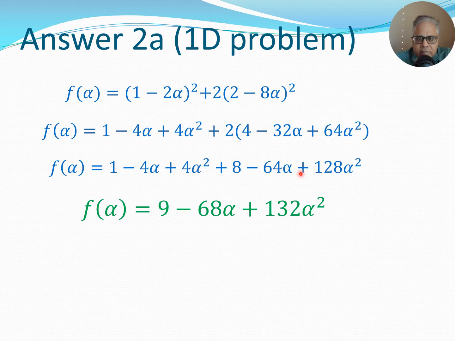I multiply this part by 2, I get this here, and then I add, for example, 8 plus 1 gives me 9, then I have 64 and 4, this gives me 68, and I have 128 and 4, and that gives me 132. So I obtain this nice looking quadratic equation in green as the 1D problem corresponding to